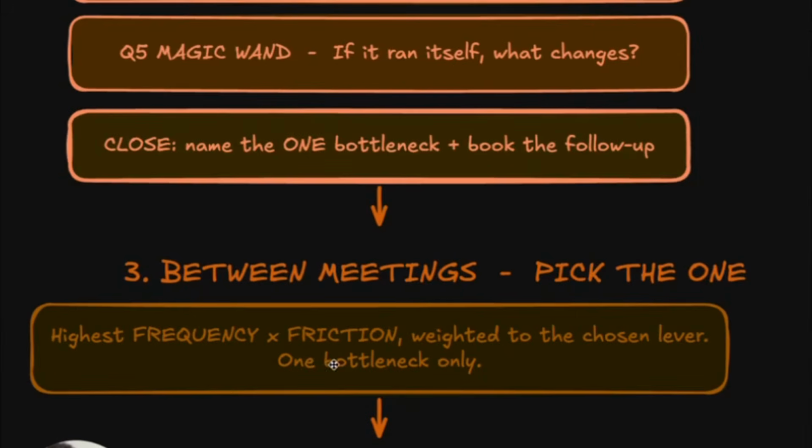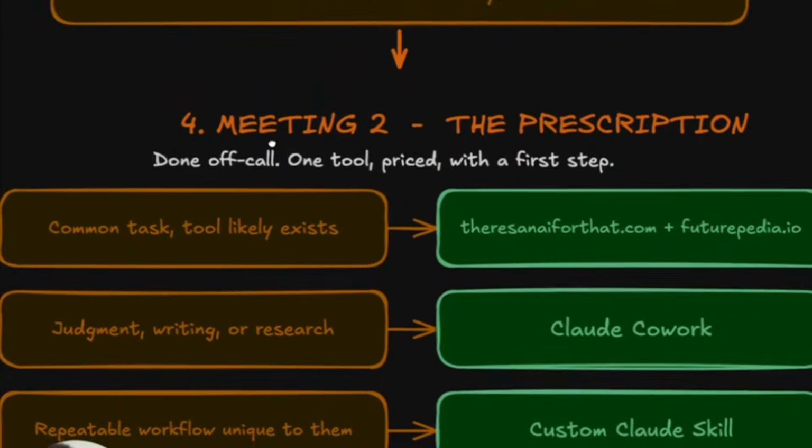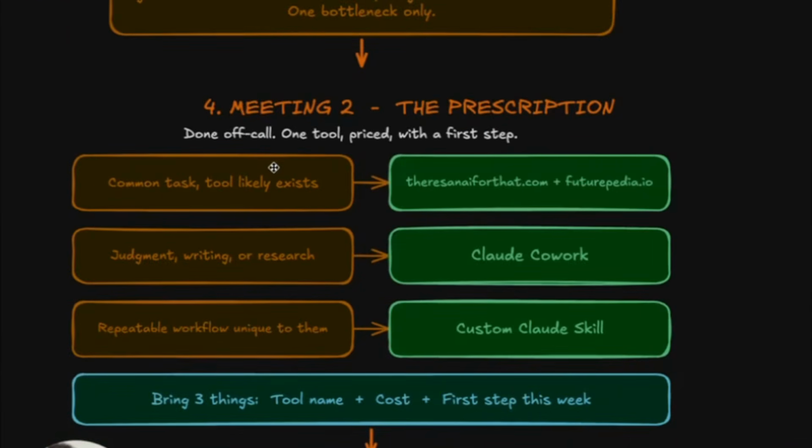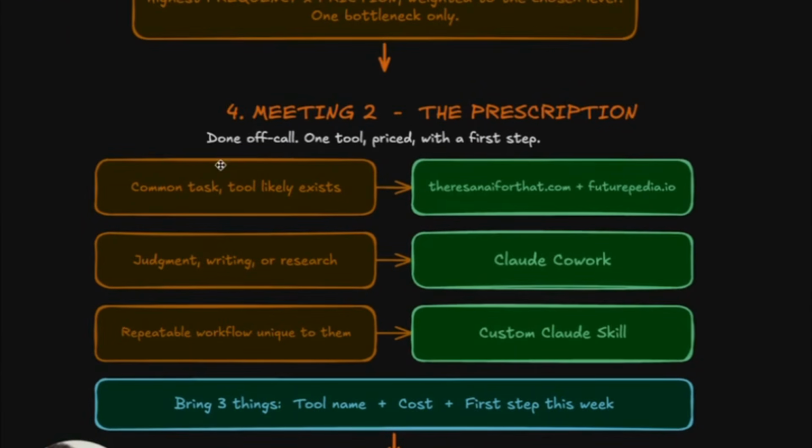And remember, we're focused on one bottleneck only. This is a free assessment, this is not the full assessment. So we don't want to give them too much. We want to give them value, but we don't want to give them too much. So meeting 2, right? This is the follow-up meeting with the business owner, and this is where you actually prescribe